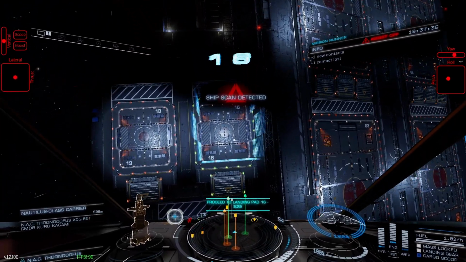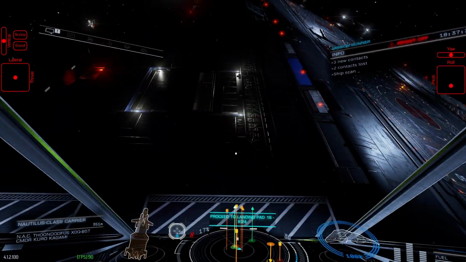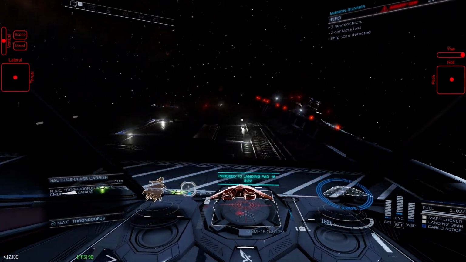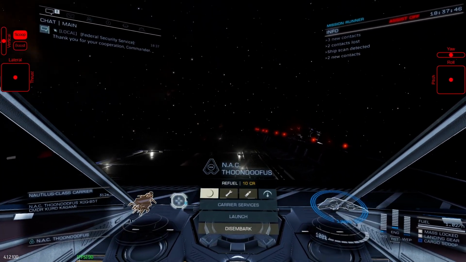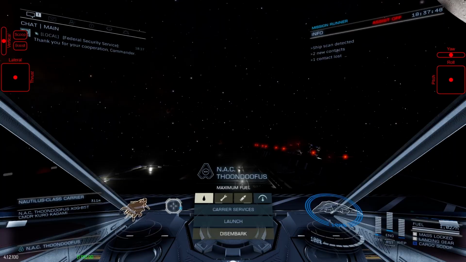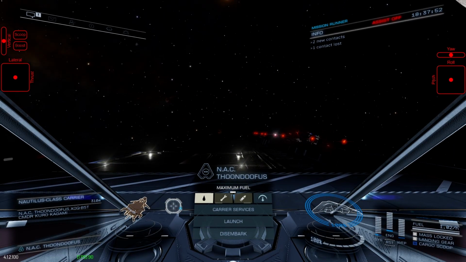Come in nice and slowly. When I reach the numbers, I start to pitch up. Again, make fine-tune corrections, and touch down gently. So that's the carrier to station loop, and that's going to really be most of your flying for a lot of Elite Dangerous,